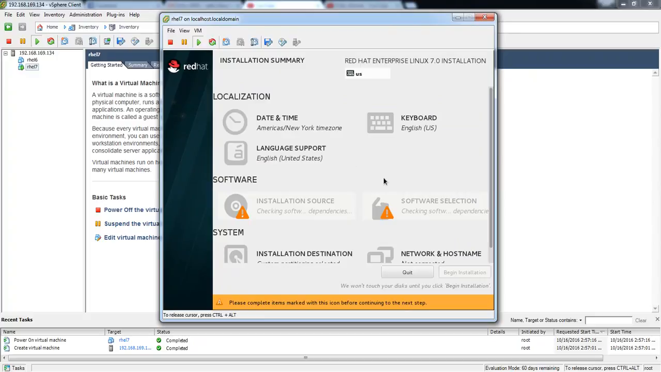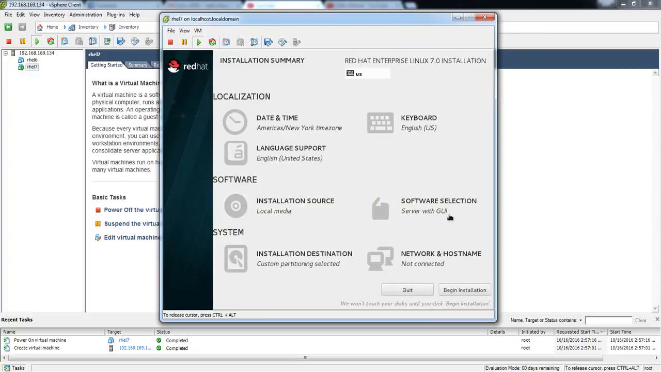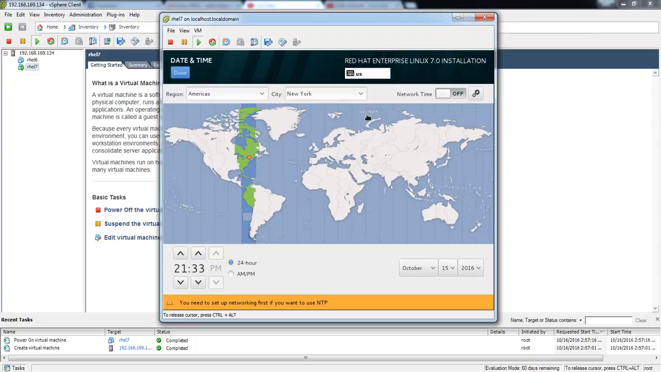I'll say done, and it is checking the dependencies, and I think everything is fine. So that's it. If you want to change the time zone here, you can change it like this. Just click on the area. Currently I have selected Asia Kolkata, and click on done,